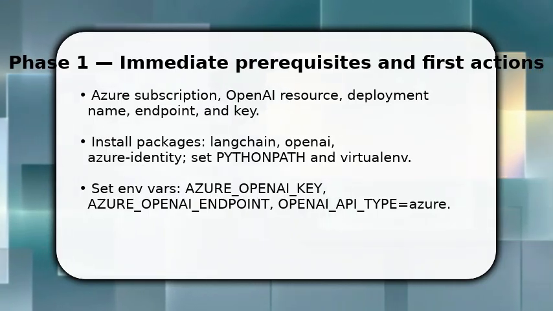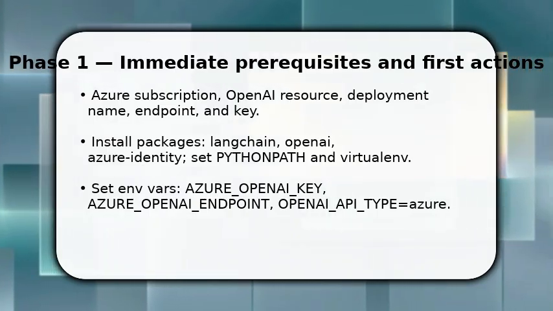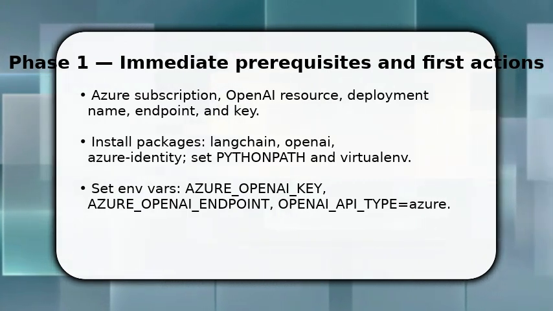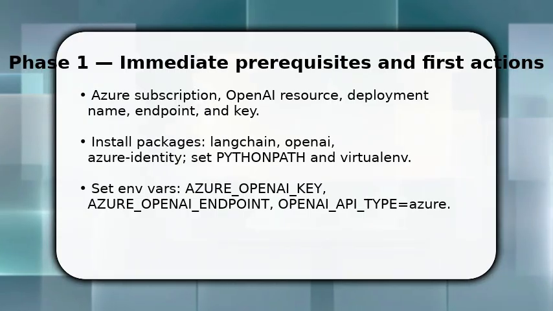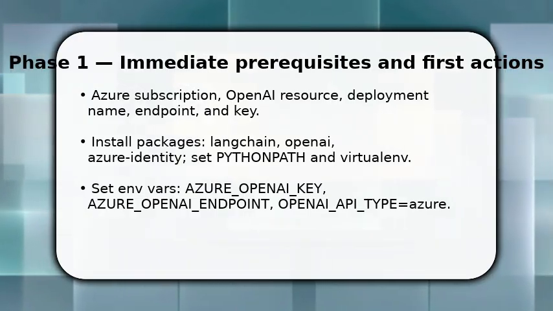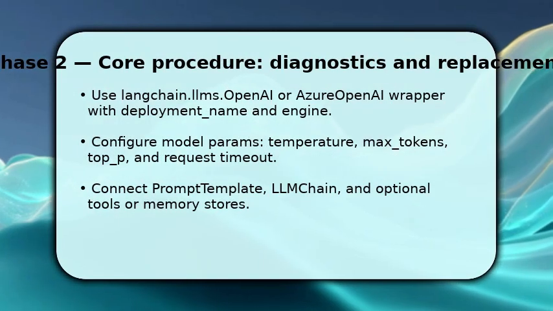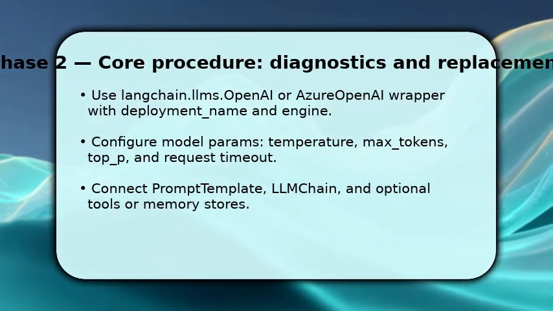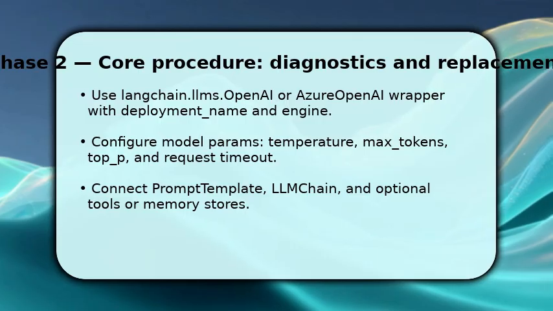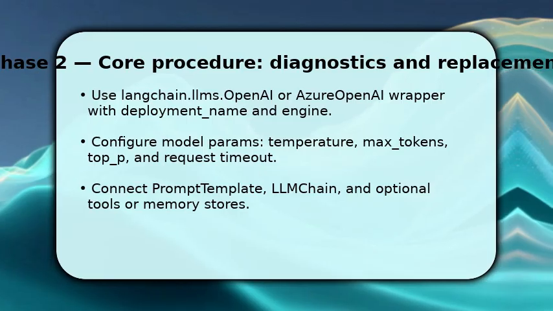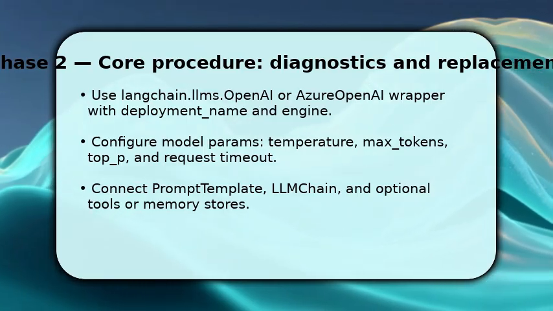This gets you past setup friction fast and lets you run a minimal test call immediately to verify connectivity before writing any chain logic. You then create the LangChain LLM by passing the Azure deployment name and endpoint into the OpenAI/Azure wrapper. This tells LangChain which model to call. Make sure to set temperature, max tokens, and top P for predictable outputs, and add a timeout to avoid hanging